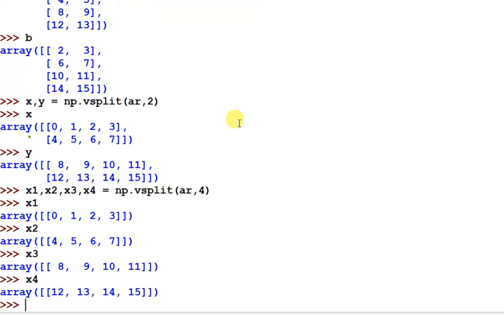The hsplit and vsplit functions always divide your arrays into equal parts. But with the help of the split function, we can split our 2D array horizontally and vertically. So it applies on both the axes. Horizontally you can split with the split function, and as well as vertically.